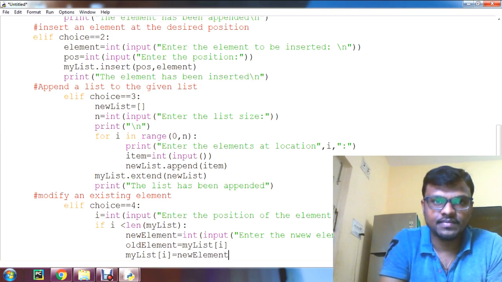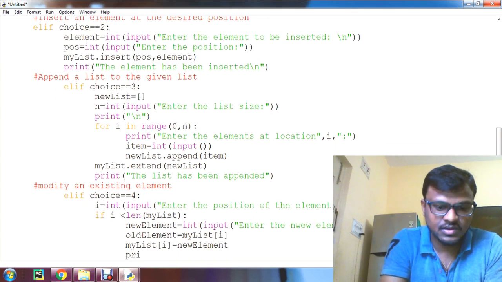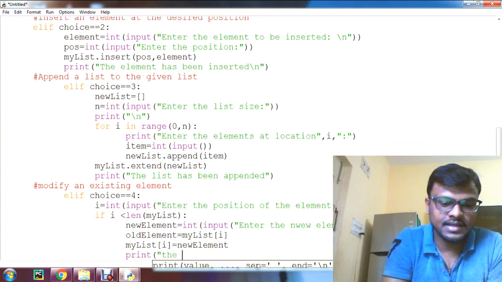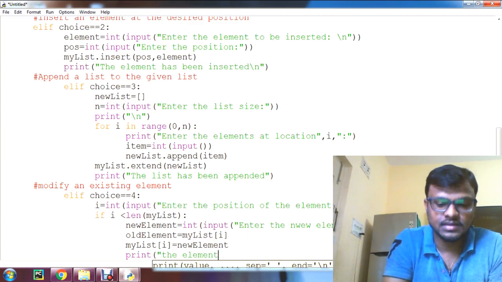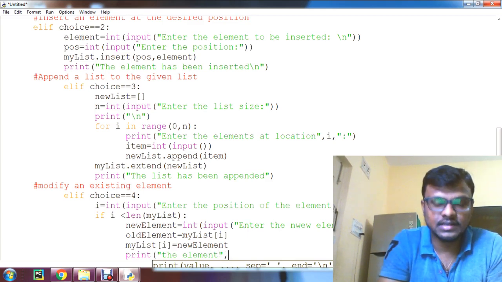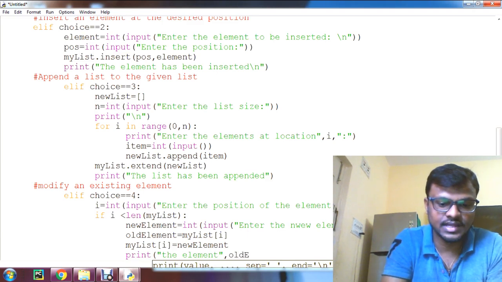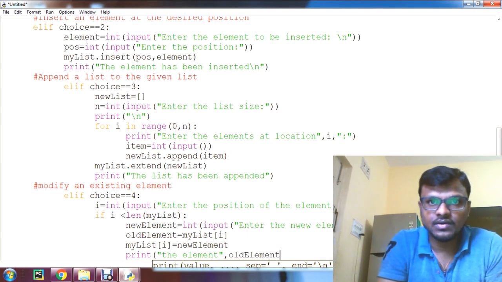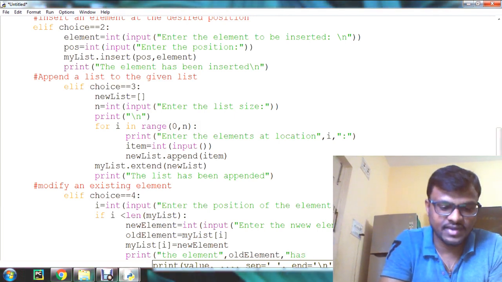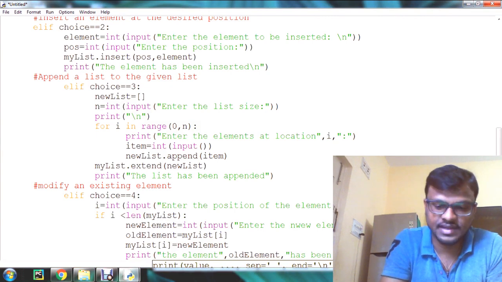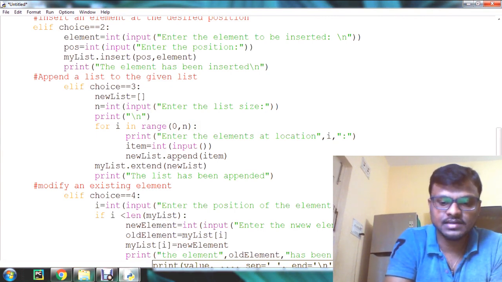Now I am going to print the old element has been modified.